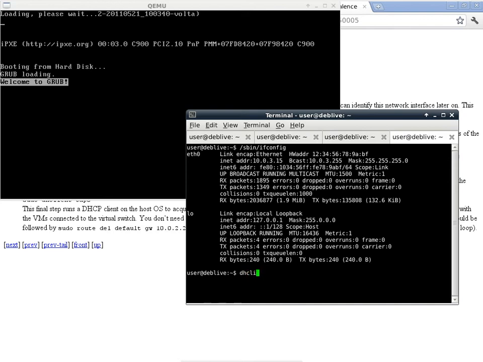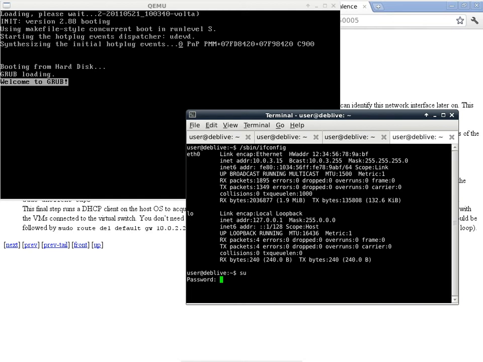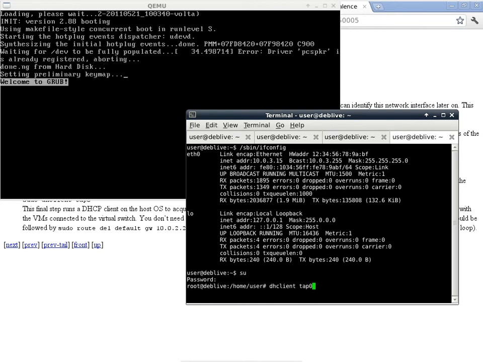To bring that up, you have to switch to root again, and then you can run dhclient tap0. In other words, you're telling your host environment to go ahead and try to get an IP address for the network interface called tap0. So we press the enter key,